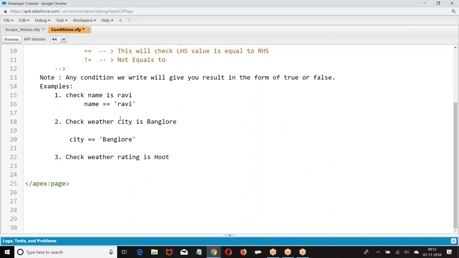Now why did I give it in single quotes? String. Rating equals to Hot. Check whether annual revenue is less than 50.